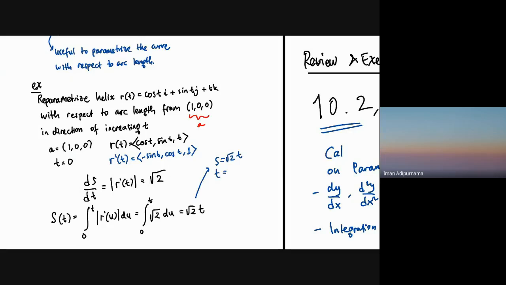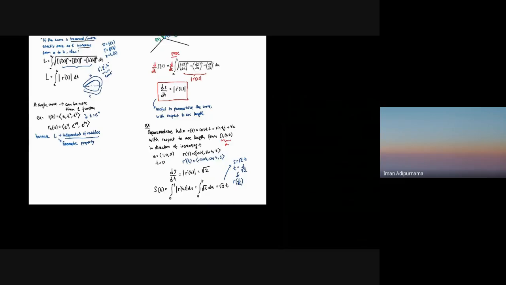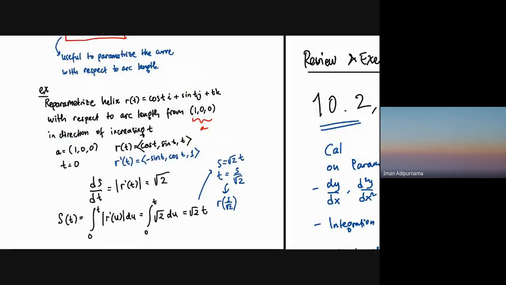Now we can exchange this into a new parameter, t equals s over square root of 2. So this is the way we reparameterize. Okay? So we can use more than one function to have more connections. If you have some data sets and you want to evaluate or reparameterize some set of length, you can also use this approach. We can also use this to reparameterize the whole function with s over square root of 2. So we will have r will be cos